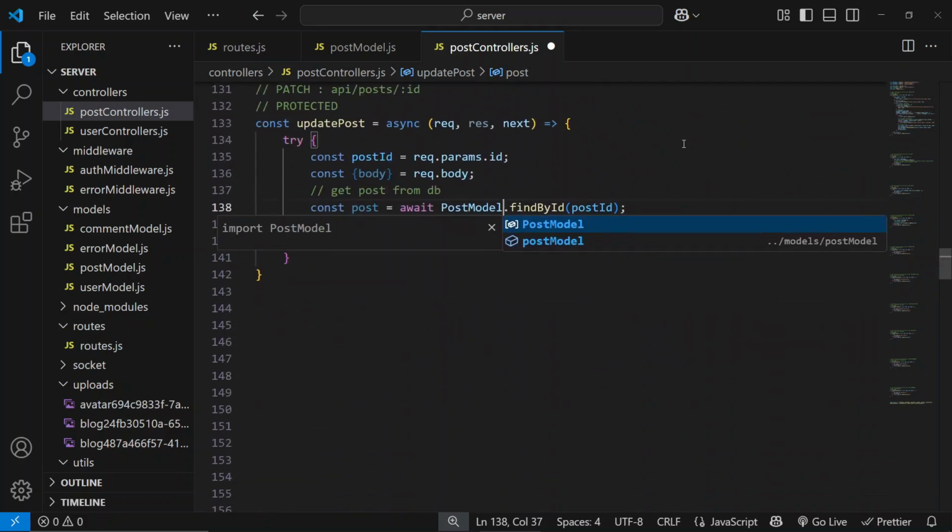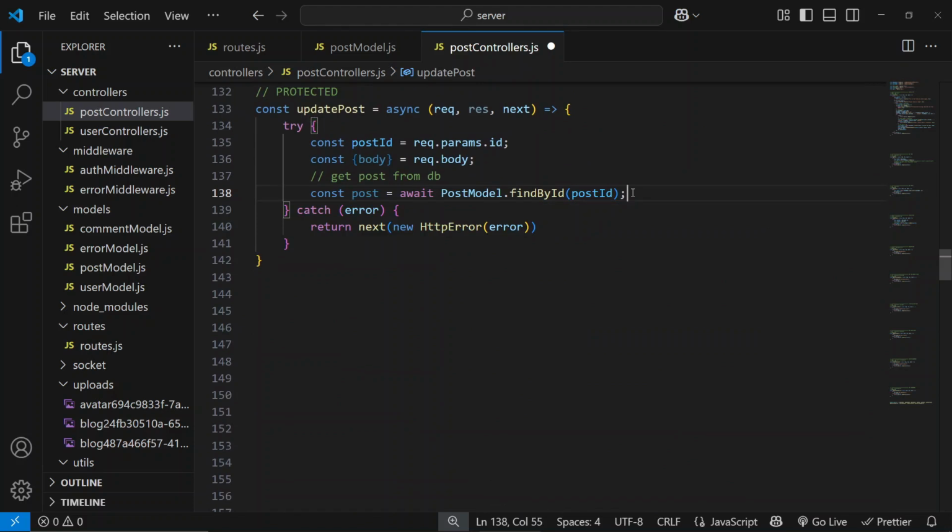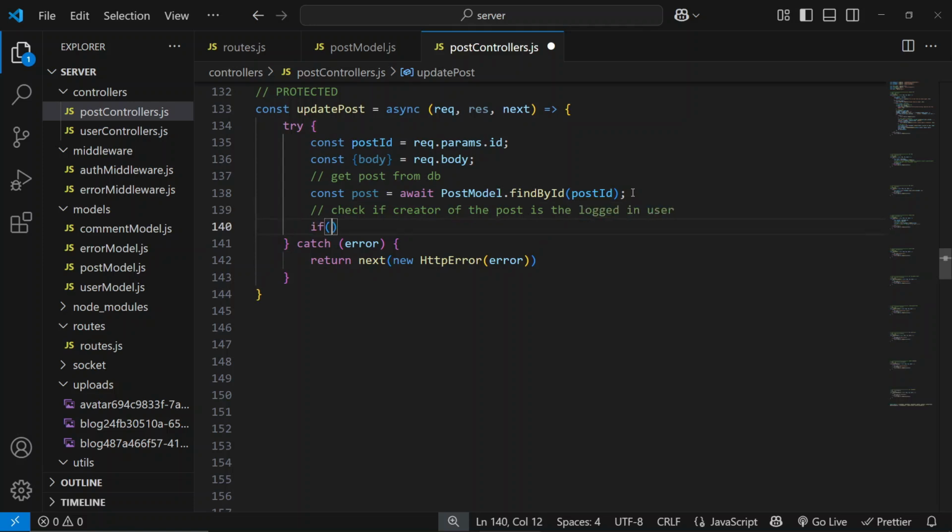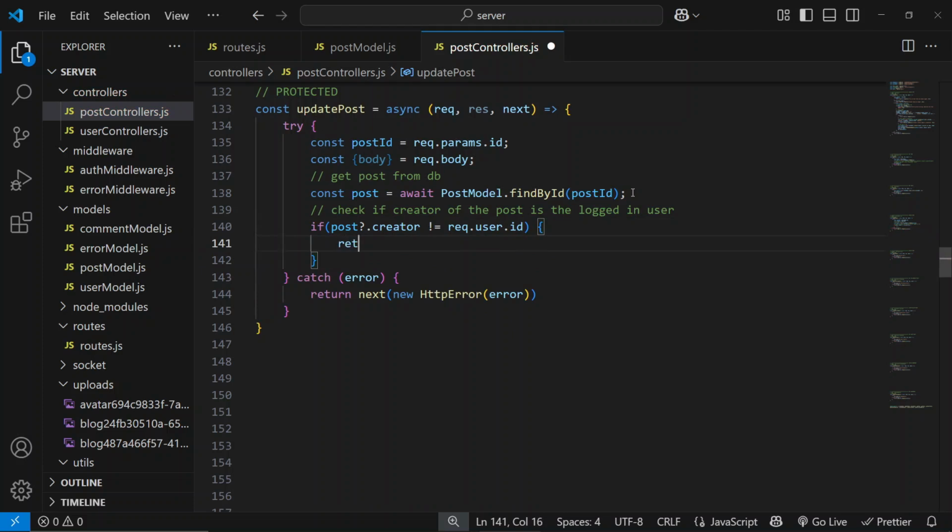All right, now once I have the post, I want to make sure that the person trying to update the post is actually the creator of the post. Okay, so I'll say check if the creator of the post is the logged in user. So I'll say if post, that's the post that we just got from the database, if the creator of that post is not equal to the request user ID, then we cannot actually update this post. And I'll say HTTP error,